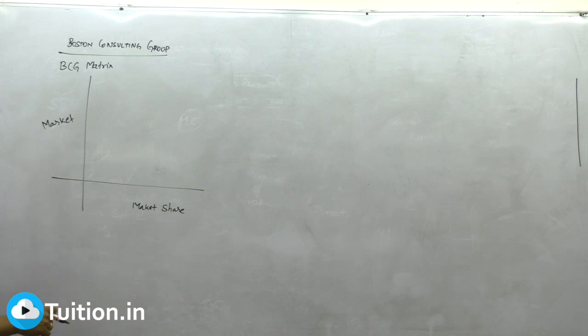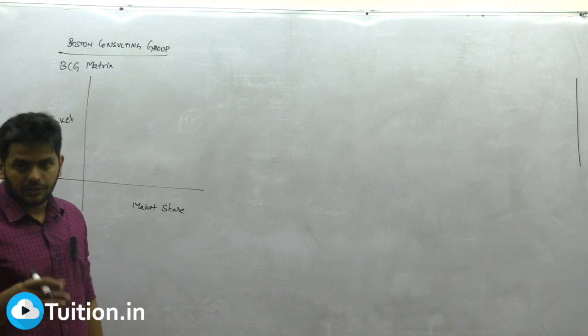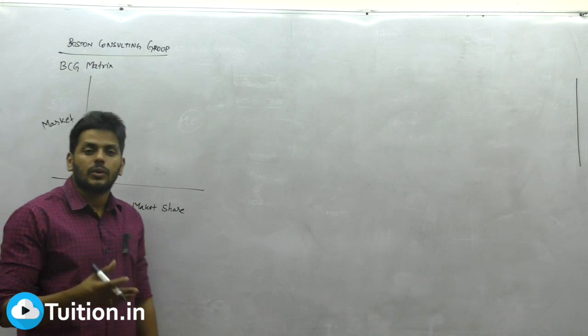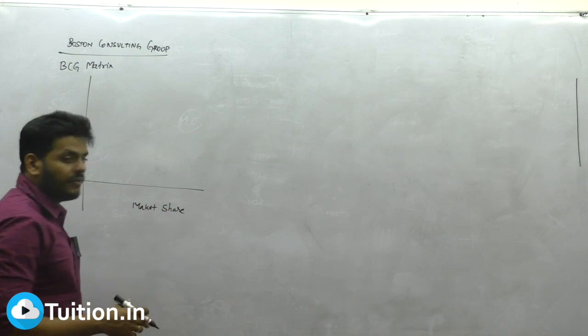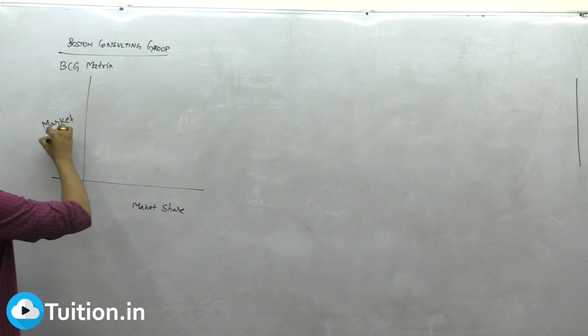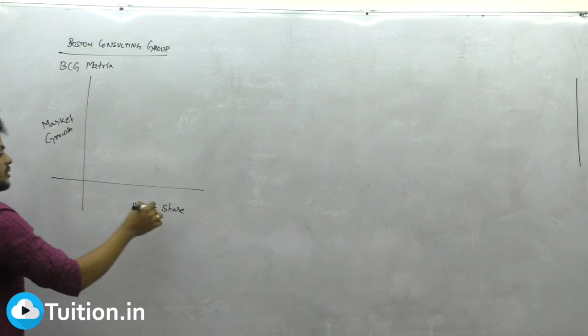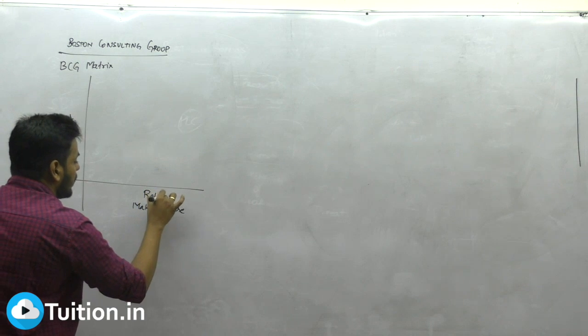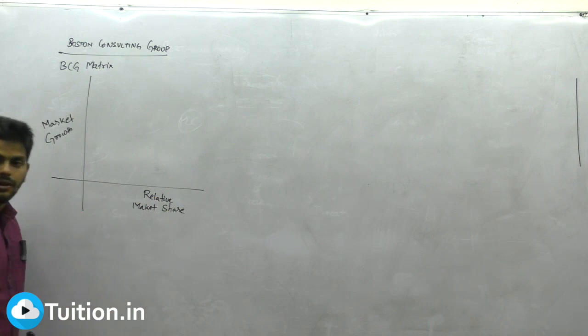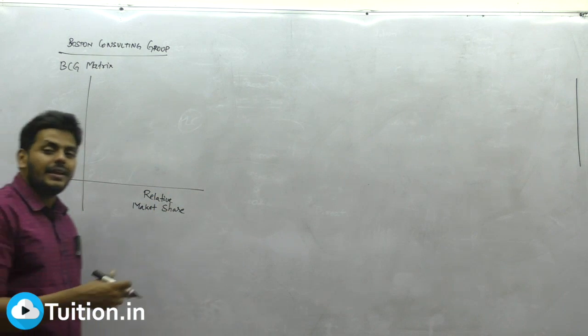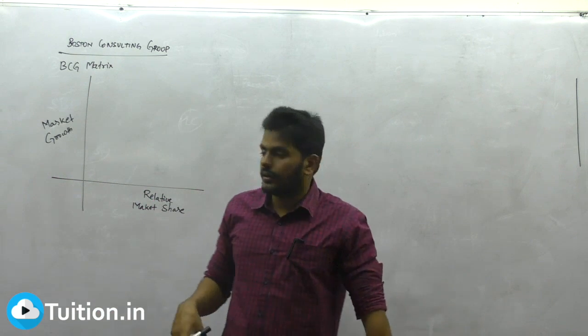Now, sir, what are the factors that they're trying to compare? Now, here, a lot of SBUs are there. Which one should receive attention? Which one should not receive attention? That was the question, right? To answer that question very clearly, here we are taking two factors. Market growth. We're also taking relative market share. What do you mean by relative market share? That means in the entire market, what is our market share, right?